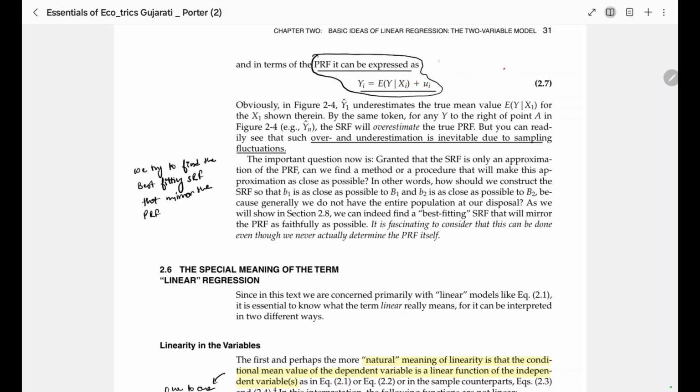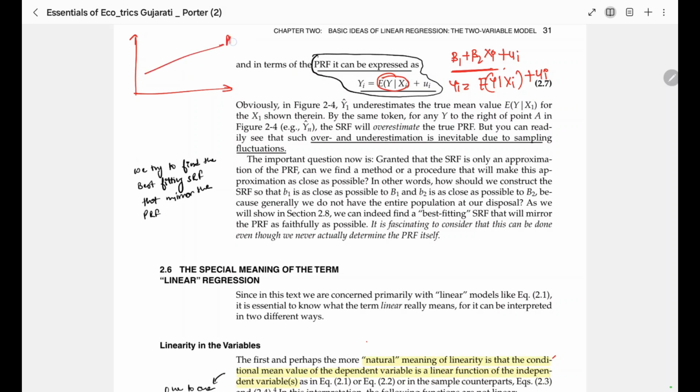Now how are we expressing it like this? Because we had beta 1 plus beta 2 xi, right? Initially we did this plus your error, so you get the population regression function. You can write this as yi equal to expected value of y given xi plus ui. Okay, you can write this, because in estimating the mean there is no error. In estimating the mean, when we did this line for our population values,